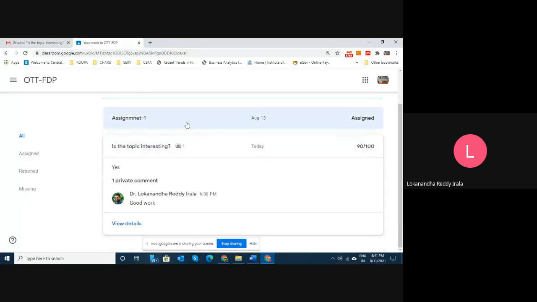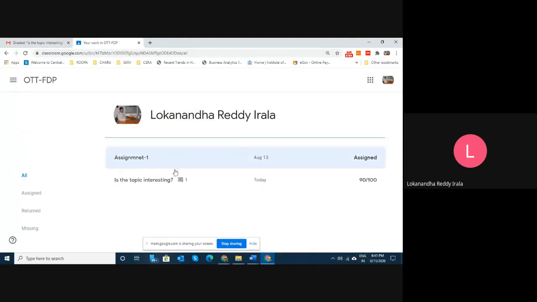So here there is assignment 1. This gives a summary of all the assignments that have been posted in the class and how we have answered, and which is the due date. Now see, assignment 1 due date is August 13. It is assigned. That means you have not submitted this yet. And this question you have already answered, which is evaluated, and it is returned to you. You got 90 out of 100 here, right?